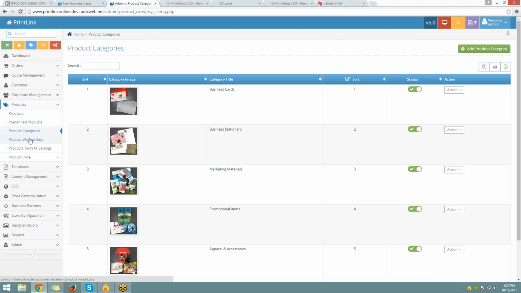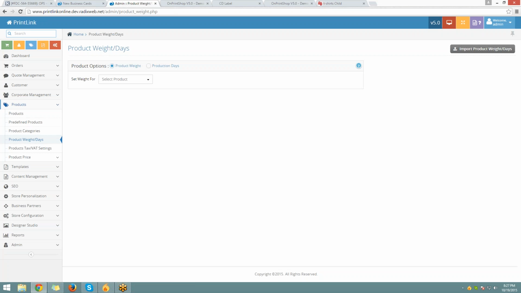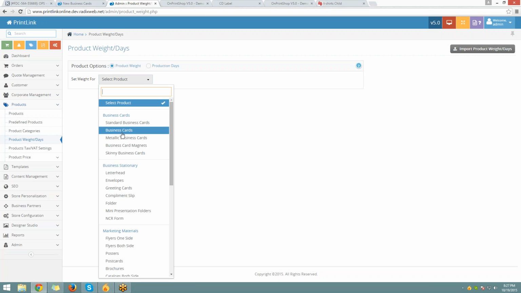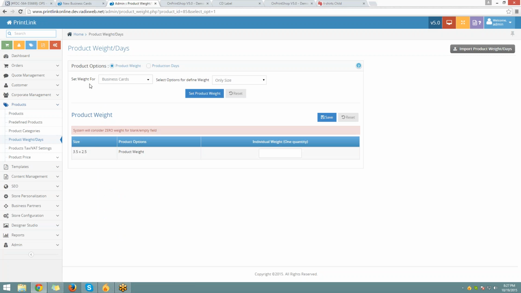After that, product weight is there. Also the product weight is there. To add a product weight, you can define, let's say, adding weight for this particular product like this. Select the product and add the weight for size. If you want to go for size over here, let's say the product weight will be this much. Or else let's say you want to go for